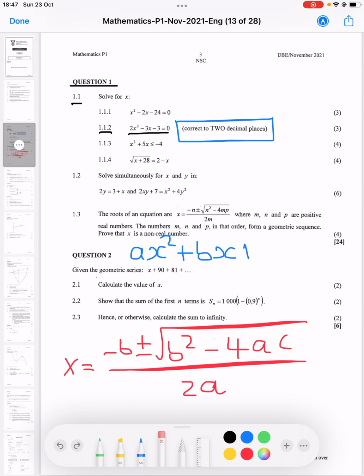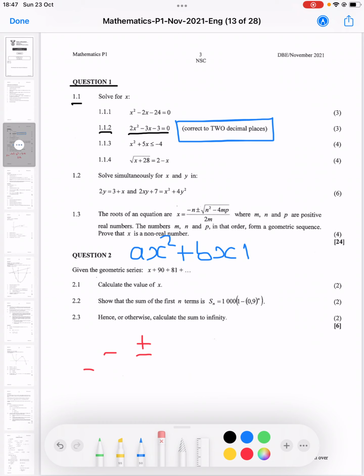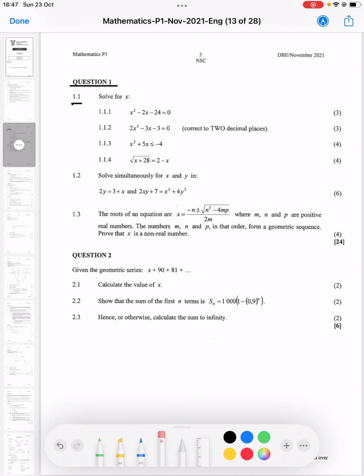Let me just erase all of that and then we move on to the next question. I notice we've got a linear type of problem there. Okay, so